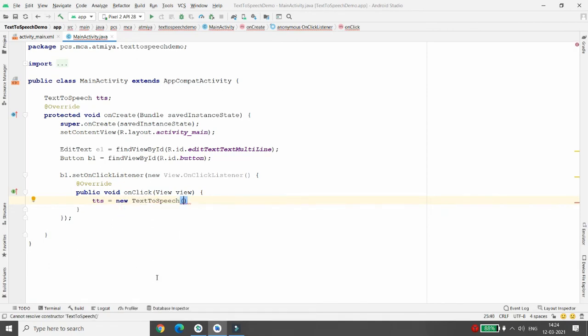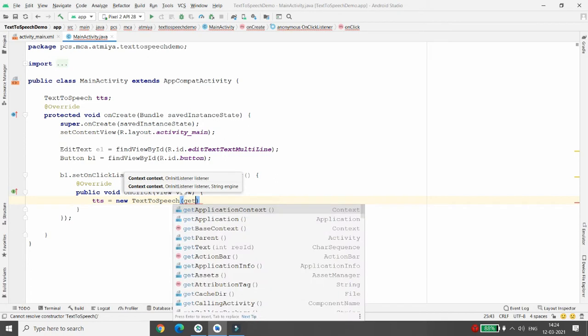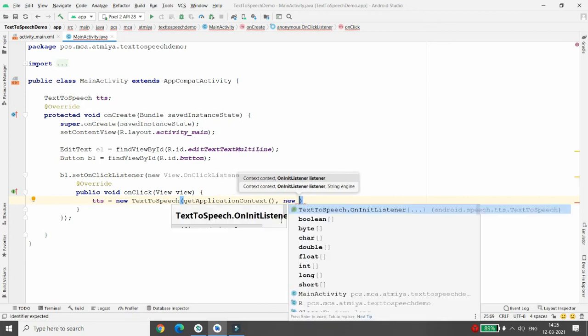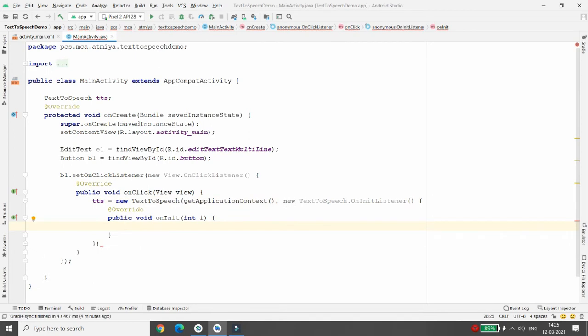And here in new TextToSpeech, you need 2 arguments. Here you can press Control P and you will get the 2 arguments. One is the context. So I'm writing here getApplicationContext. And the second argument is TextToSpeech.OnInitListener. Then you can write new, Control space, and press enter. Then the anonymous class of OnInitListener will be created and it will implement the method onInit over here. You can write the semicolon at the end.